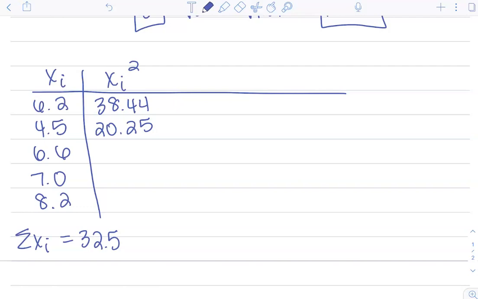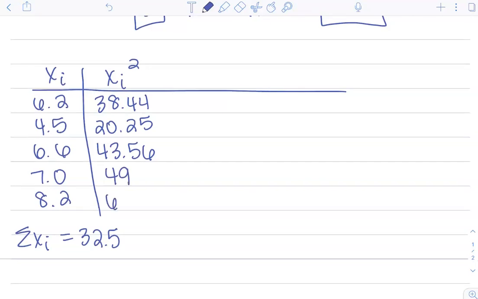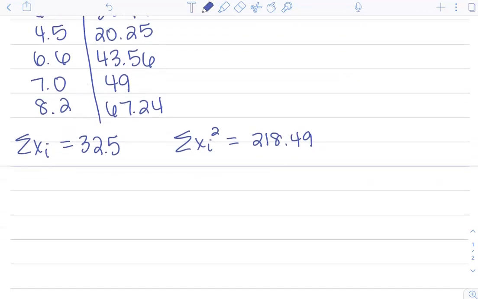6.6 squared is 43.56. 7.0 squared is 49. And 8.2 squared is 67.24. And then we just add up these squared values, just adding everything in this column. And that gives me 218.49. Now to see how this goes into the formula,